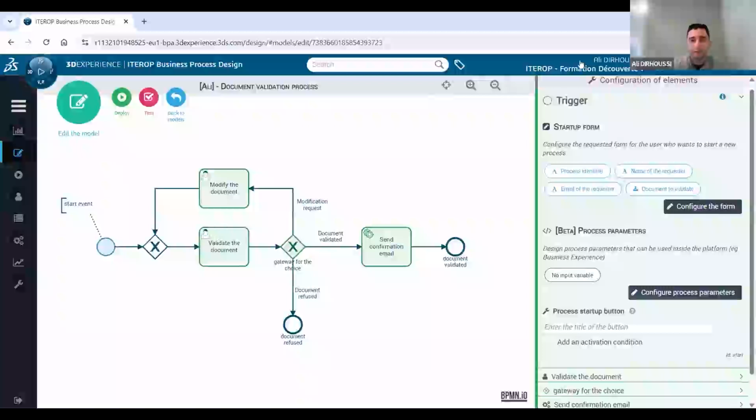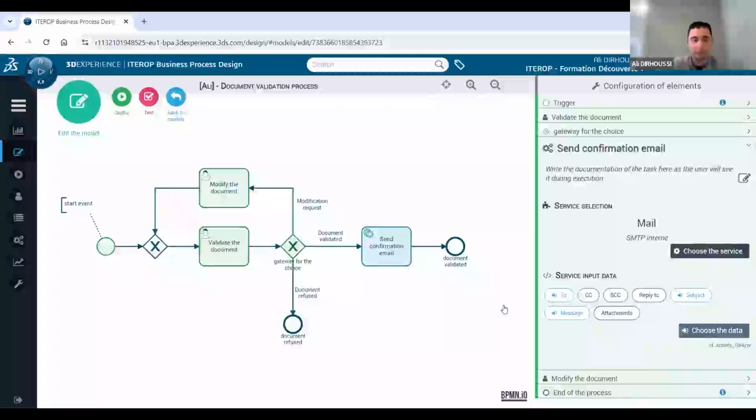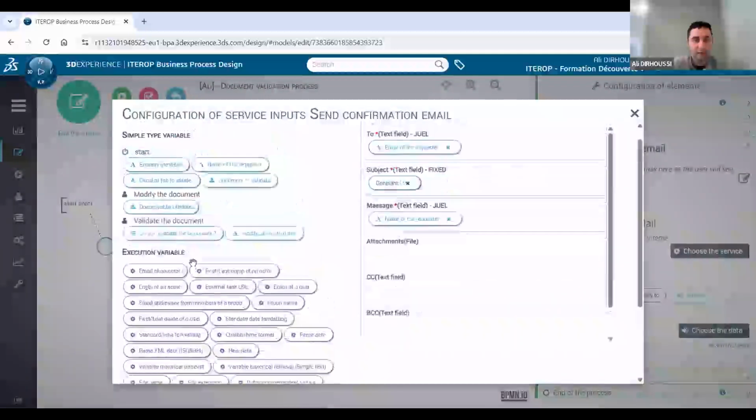Okay, so that's it. There are other questions. Can you please show us the use of execution variable in service input data? It's not the one I just answered, sorry. Okay, execution variables in service. So you are talking about this? Yes. So these,